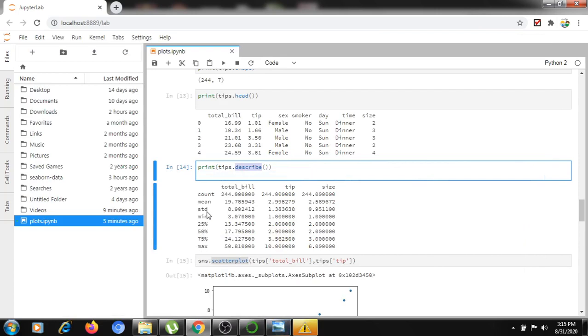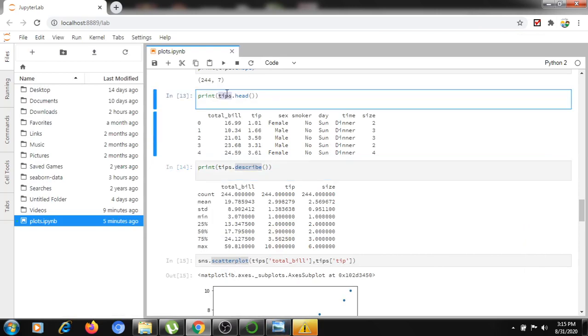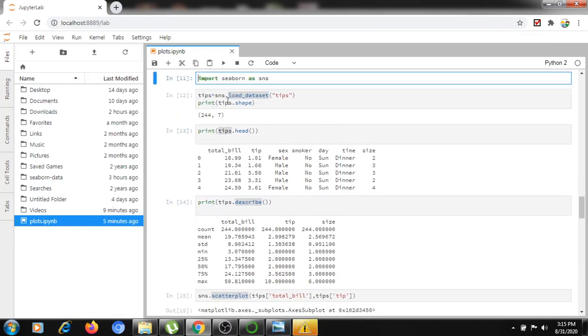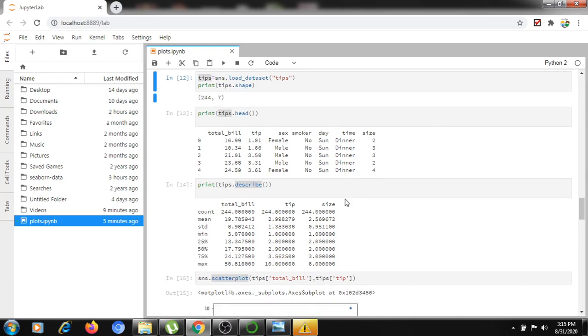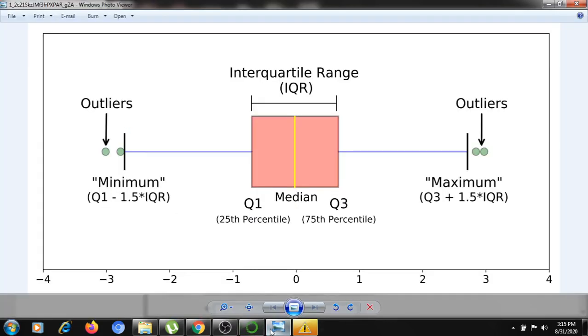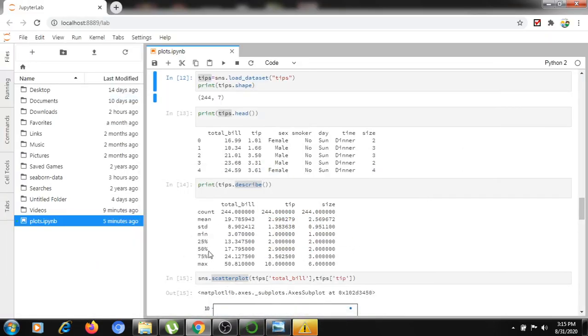If you use this describe command with tips, my alias name, this is my data set, and if you use describe, it will display all the values like max value and min value, as in the box plot. It will display everything: max value, min value, and the 25, 50, 75 percentiles, standard deviation and mean value for each and every column.